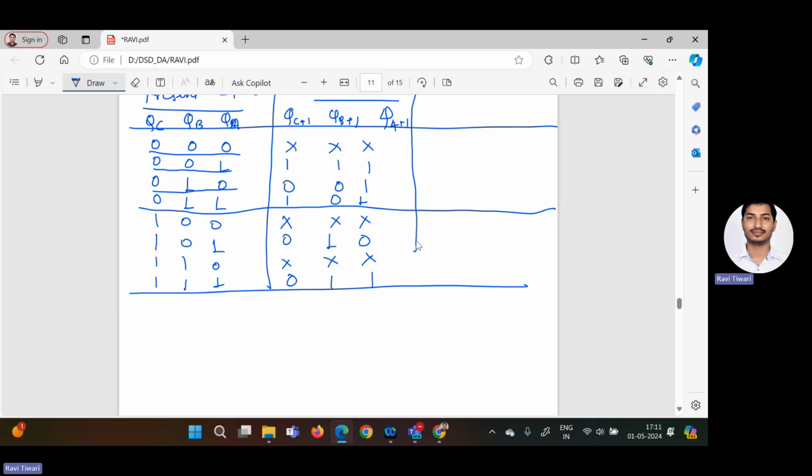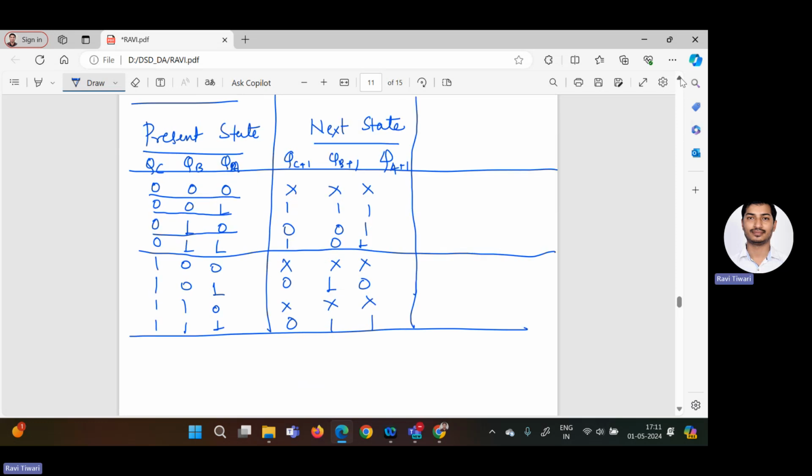Clear? So now this is the present and next state. Now here we have to find out the value of DC, DB, and DA because we will use D flip-flop for designing the circuit. Clear? So now here